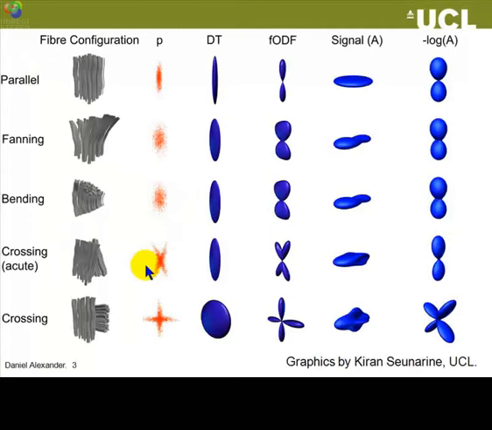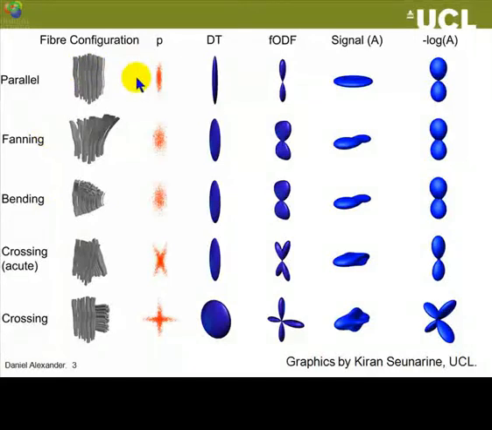So this slide highlights the limitations of the diffusion tensor model. There are various simple configurations of fibres in this column on the left. Now remember that these axon fibres are much smaller than typical voxels in MRI. There might be hundreds of thousands of them in a single voxel. So they can take all sorts of weird and wonderful configurations. And these are actually quite simple configurations, but they are the kinds of thing that we do see